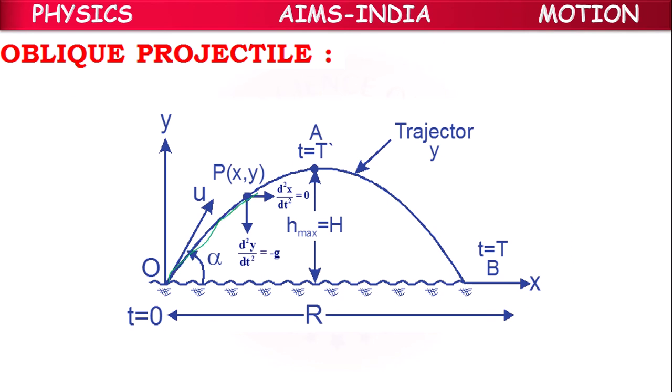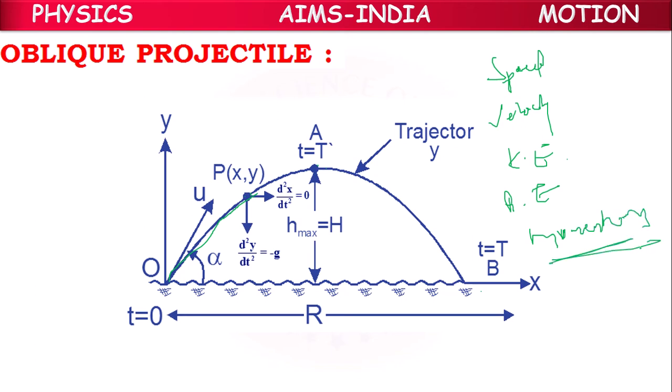When the body is moving, if we compare one point, at P, at A, at B, at all points, the speed of the particle changes, the overall velocity of the particle changes, kinetic energy changes, and potential energy changes. Momentum, which means the product of mass and velocity, mv, also changes. All these things will change.